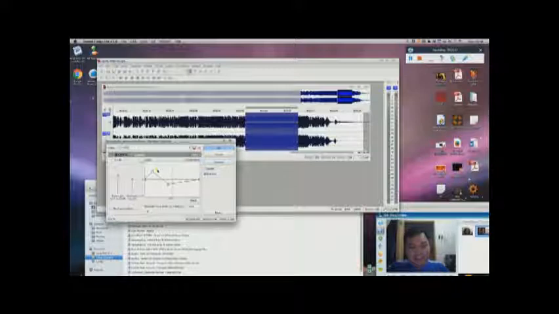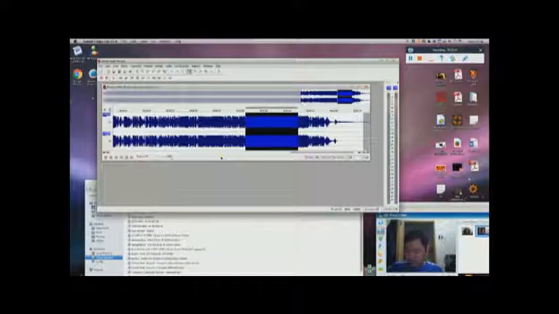So I'm going to show you how this vibrato function works. Before playing the effects, listen to the original. So that is how it looks. Now we apply the vibrato. We apply it here